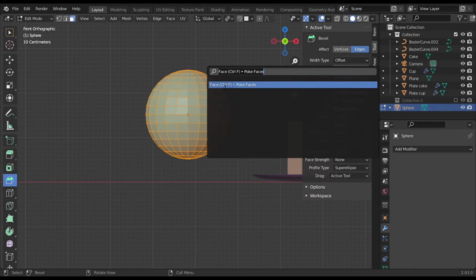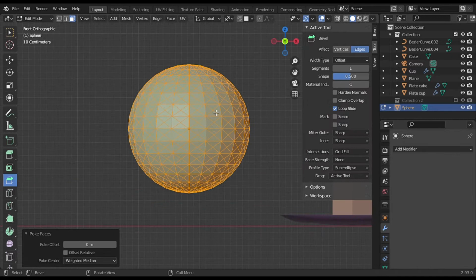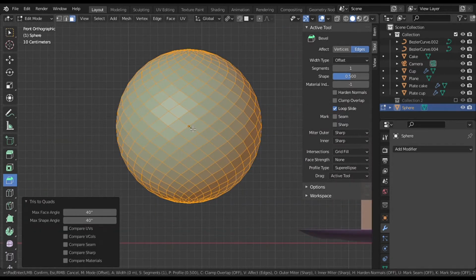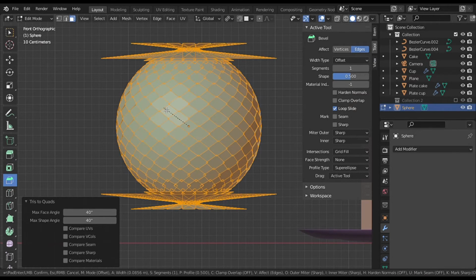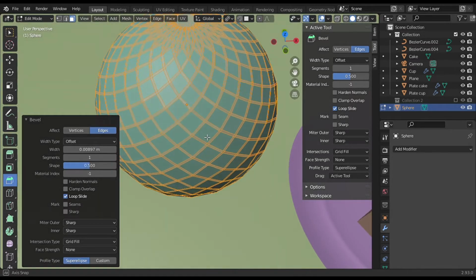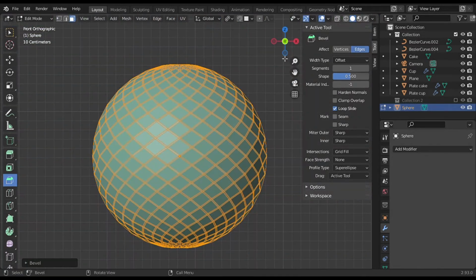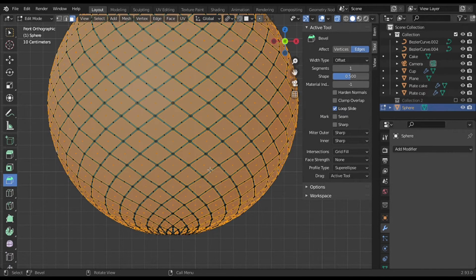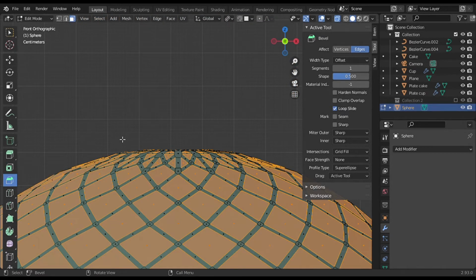F3 to search poke faces, right click, tris to quads, bevel tool, invert the selection and now deselect the top and the bottom.